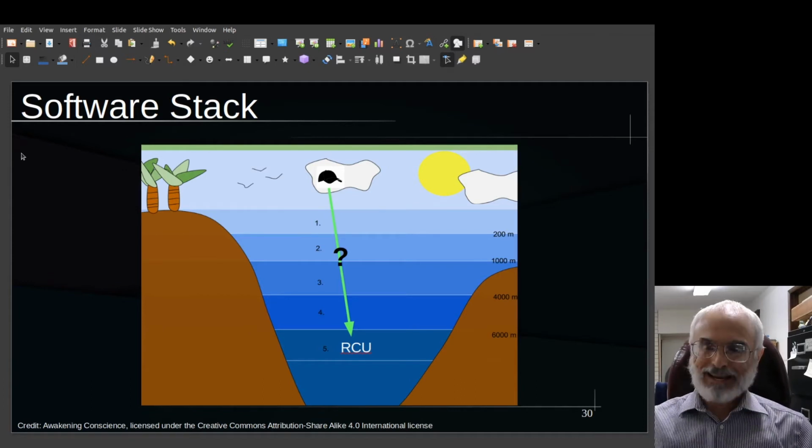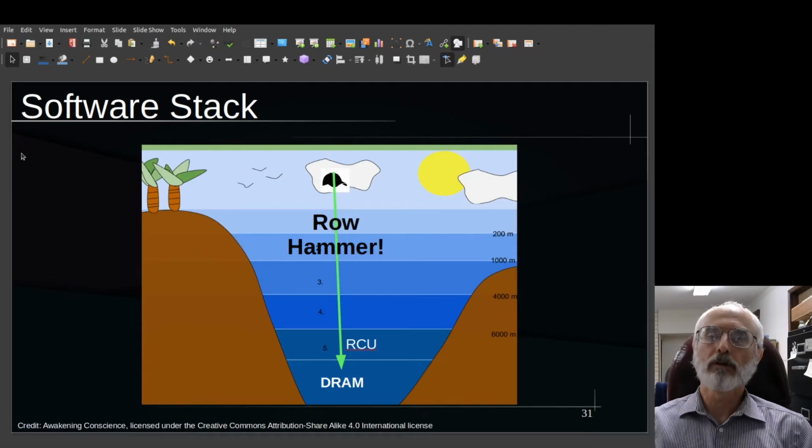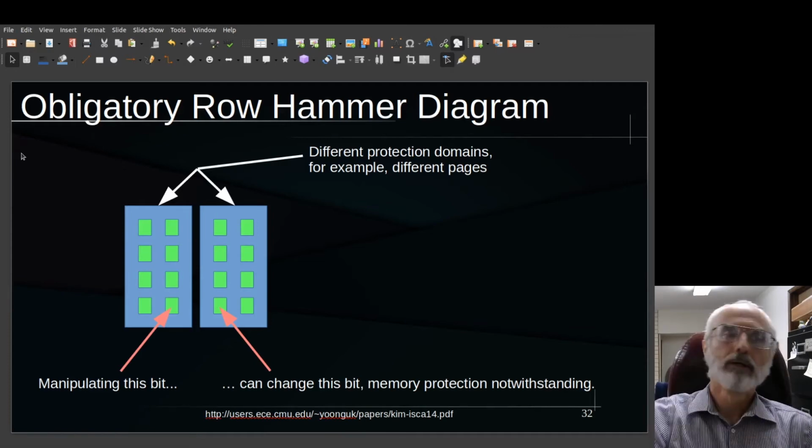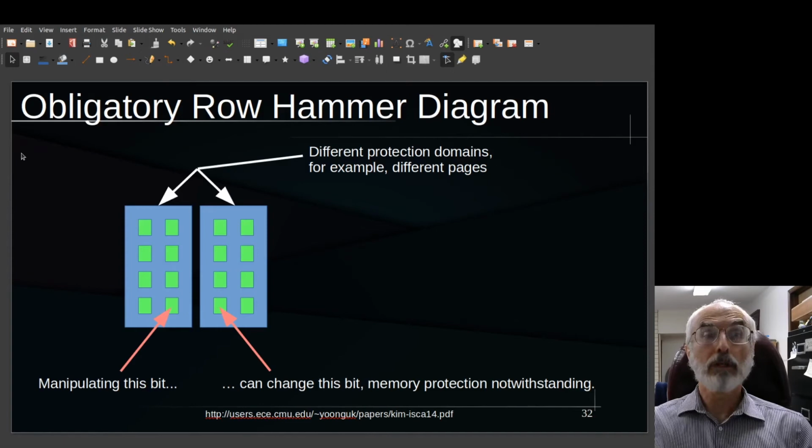However, I got my attitude adjusted a few years ago with something called rowhammer. Rowhammer attacks the dynamic RAM. Okay, what's rowhammer? Well, the thing is, you can have memory chips, those are the blue boxes, and they have bits, the green boxes. And these blue boxes might be in different protection domains. It might be in different pages. It might be owned by different users. You know, it might be that there's hardware preventing user A from flipping the bits on user B's side, except some researchers demonstrated, using real hardware, they really did this, that manipulating one bit could, via electromagnetic interference, change the other bit, even though we had memory protection there.